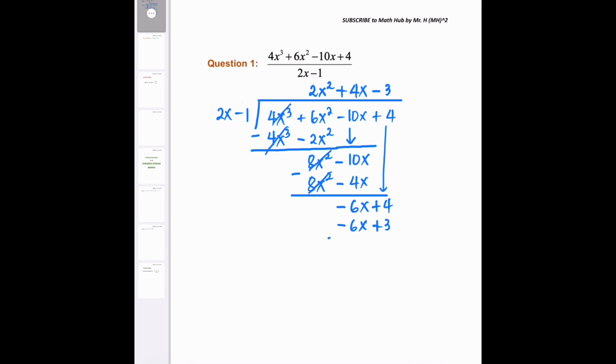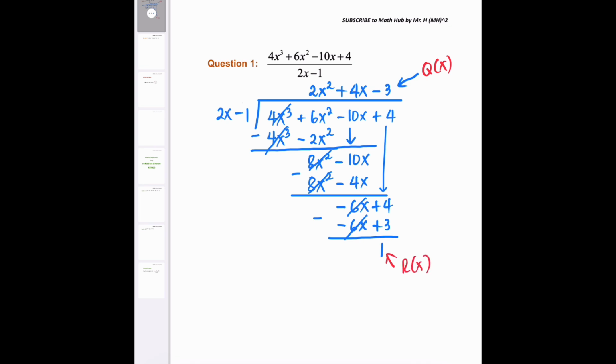Then proceed with subtraction. So negative 6x minus negative 6x is actually going to give us 0. So we just cancel it out. Positive 4 minus positive 3 is going to give us positive 1. You have here the q of x. You have here the remainder,